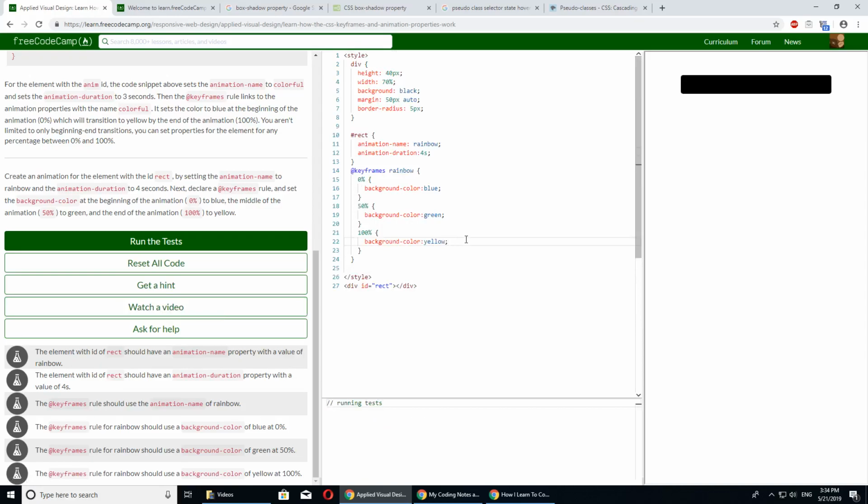Let's see. The element with the ID of rect should have an animation duration. Animation duration. There we go. Nice, nice. You can actually animate in HTML. I didn't know that. I wonder if you can do like